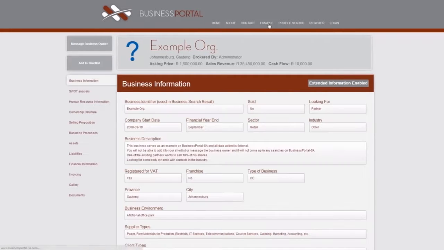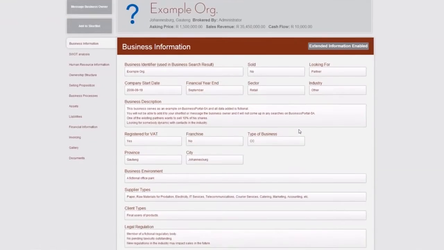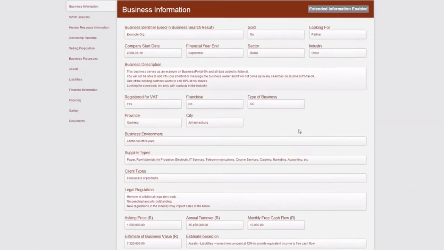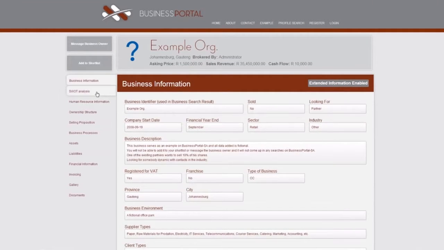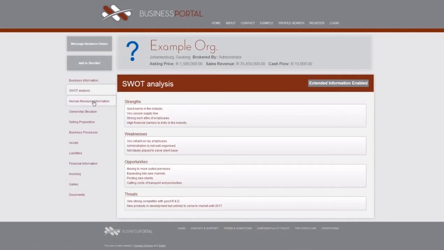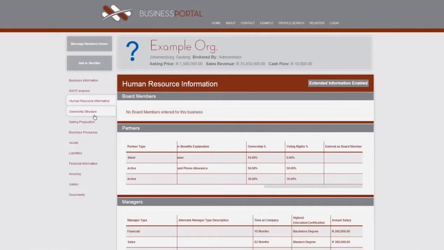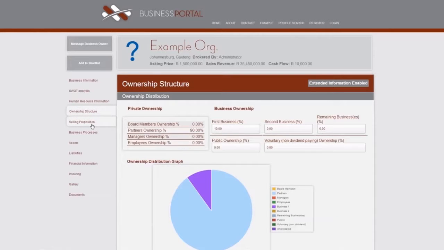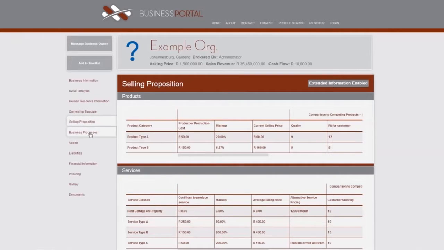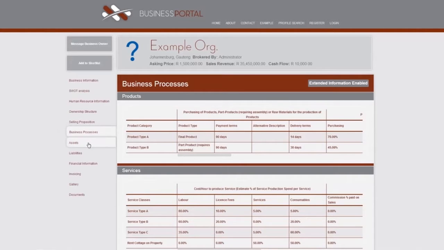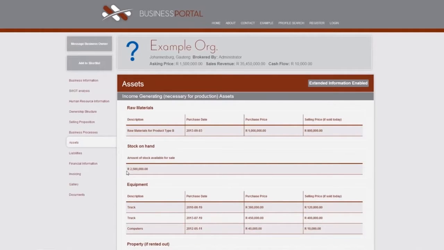Though the detailed information isn't required up front, clicking on the example link will show the extent of information that can be entered and exchanged. It ranges from standard business information and a general SWOT analysis to very detailed information about human resources, ownership structure, the products or services, manufacturing processes, assets, and liabilities,